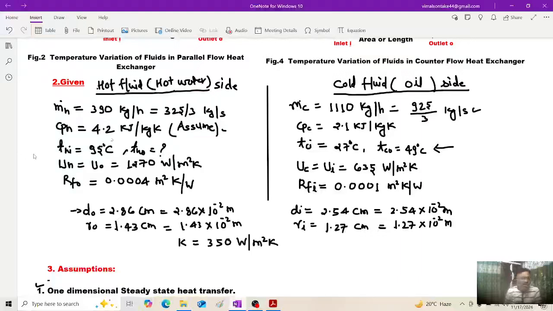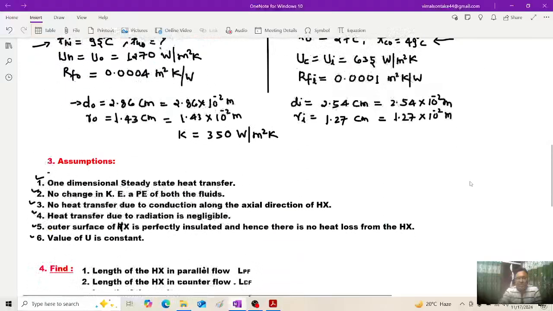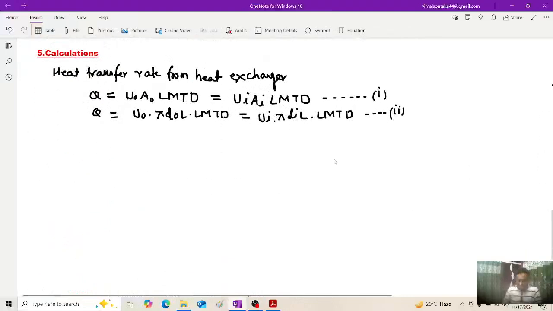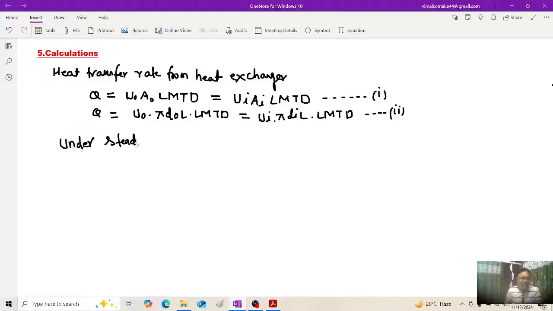However, the inlet temperature of the hot fluid is only given. So I need to calculate the outlet temperature of the hot fluid as well, because the LMTD expression will involve all the four temperatures THI, THO and TCI, TCO. So to calculate this THO, let me take this condition. We have assumed one dimensional steady state heat transfer. So under steady state heat condition,